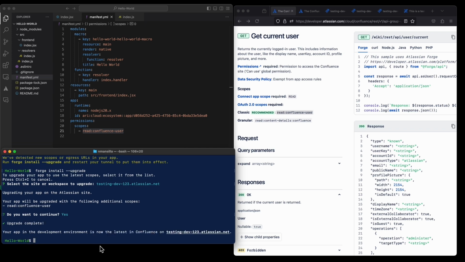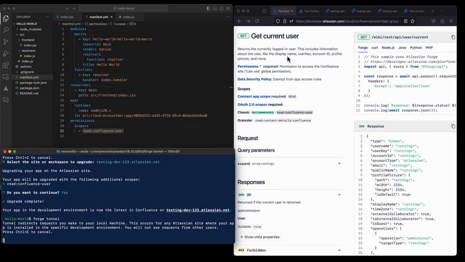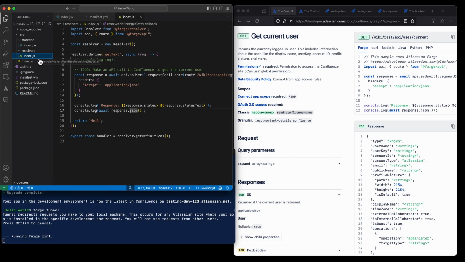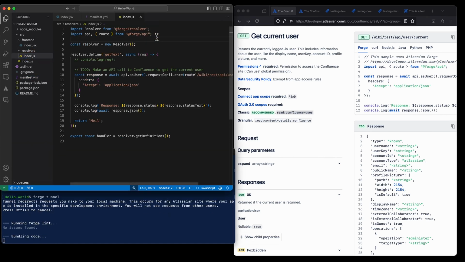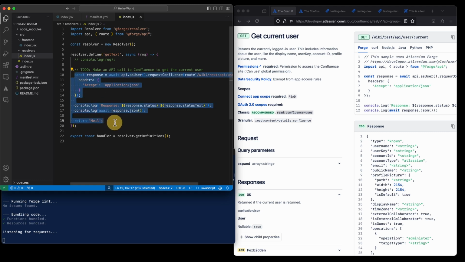And now we can run our Forge tunnel, because if we tried running our Forge tunnel before we did the install upgrade, it would not be able to make that API call because it did not have that scope when we installed it last. So let's run Forge tunnel. And again, back to our code. First thing we did is we imported the API library. The second thing that we did was we pasted in this code from the documentation to make the API call,